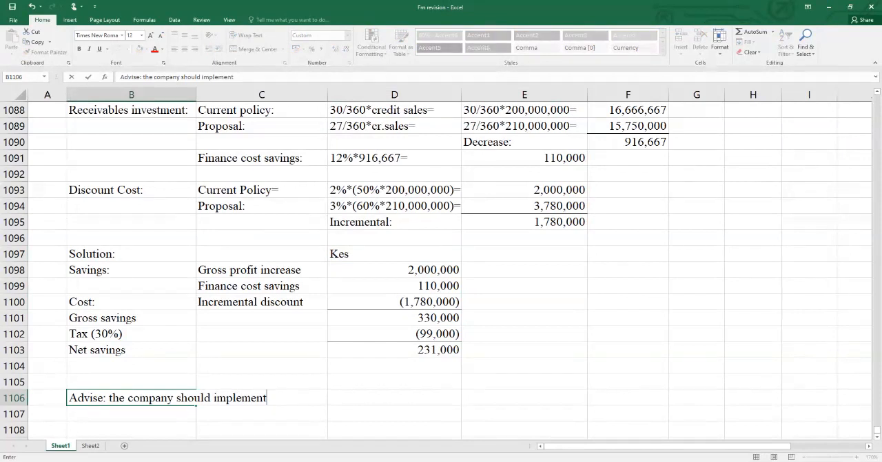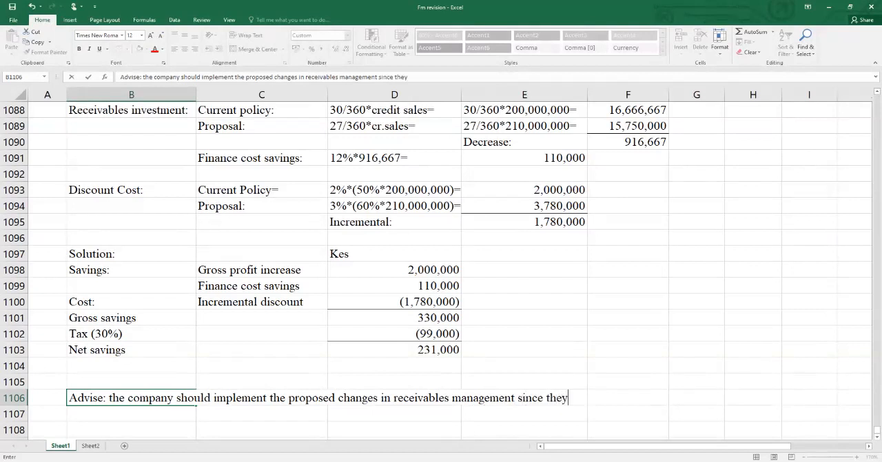Write down the way it is advised, because you will forget in the exam in case you don't write it down. Okay. The company should implement the proposed changes in the receivables management. It doesn't have to be a perfect statement, but at least you need to answer: should it implement and why? Yes, the company should implement the process in receivable management,